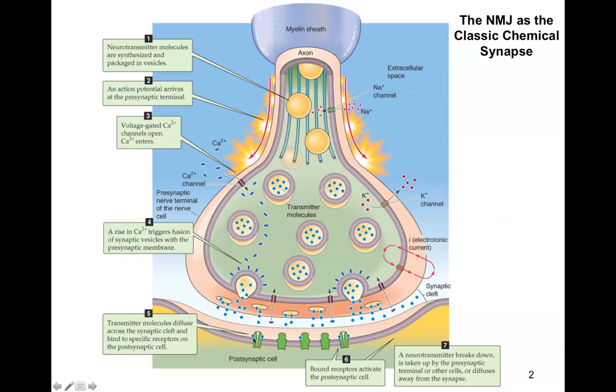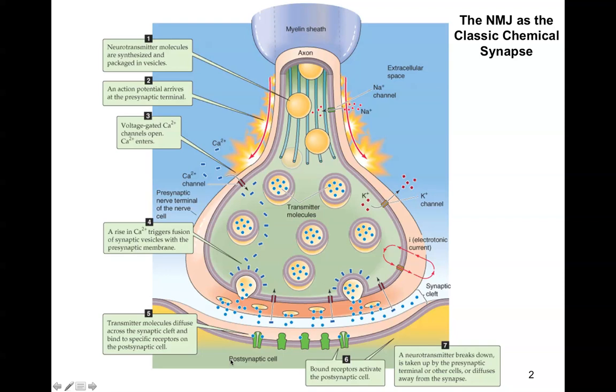It causes the opening of a cationic channel, an ion channel that allows positively charged ions to enter the cell. So positively charged ions, like sodium, now enter this muscle cell